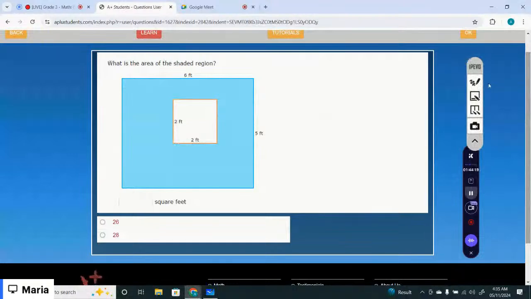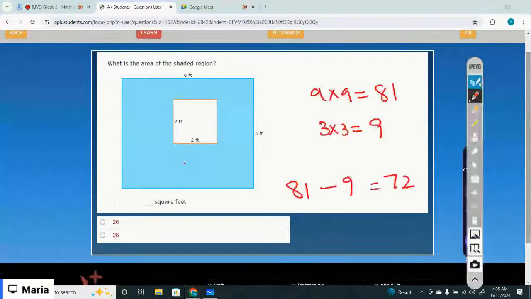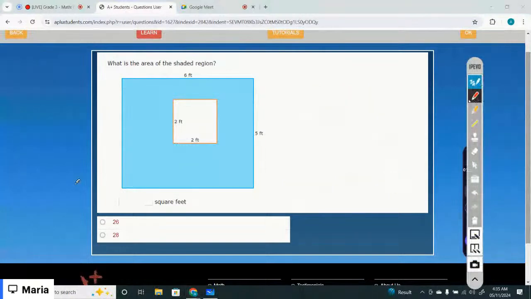What is the area of the shaded region? You just have to calculate the area of the colored portion, not the white portion, right? But white portion is inside the bigger square. So you need to subtract the area of the smaller portion out of the area of the greater one. So area of the blue square, right? That would be length times width. You have to do 6 times 5, that is 30. Now the area of the white square or the smaller square, you have to do 2 times 2, that is